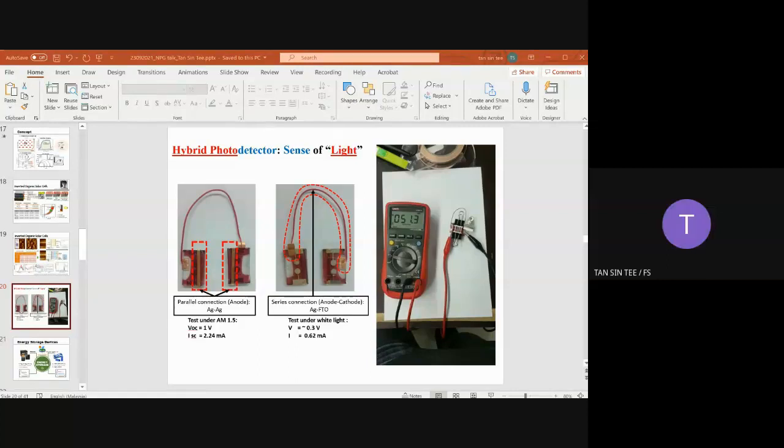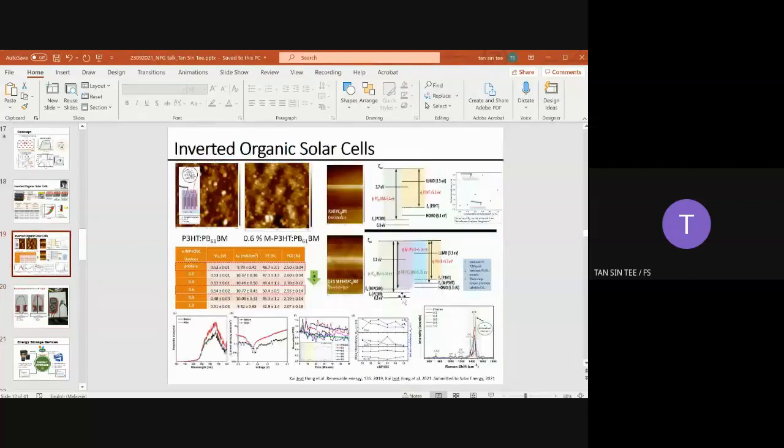Okay, let me try to summarize Dr. Adila's question. The first question is whether I optimized the nanostructure. Yes, we have optimized the nanostructure based on the application we want to apply. For example, in terms of the solar cell, because Dr. Adila is asking about solar cell applications, let's look at one of the slides, which is already published, to see whether we have modified the nanostructures.